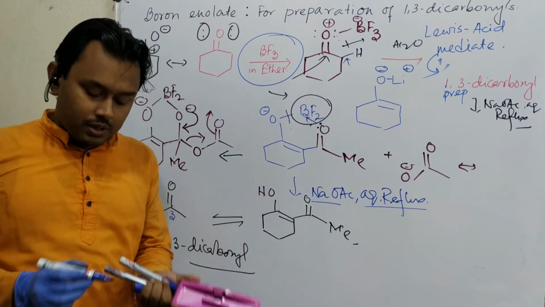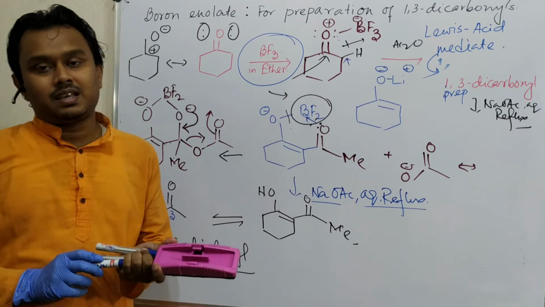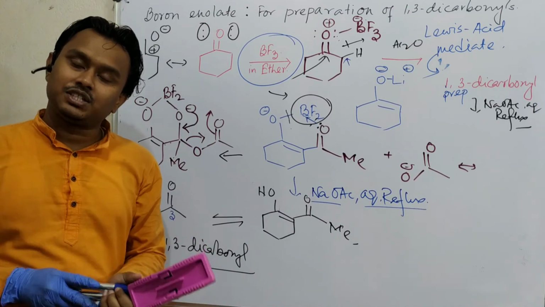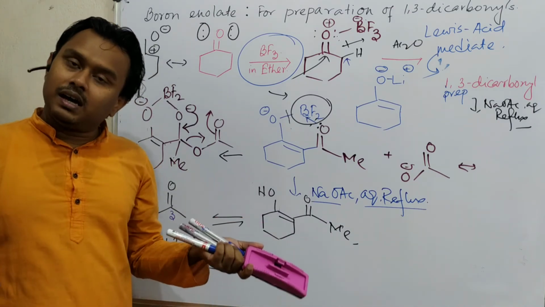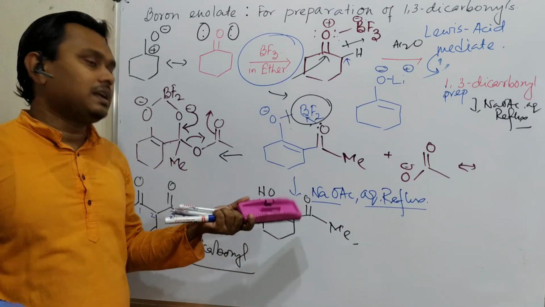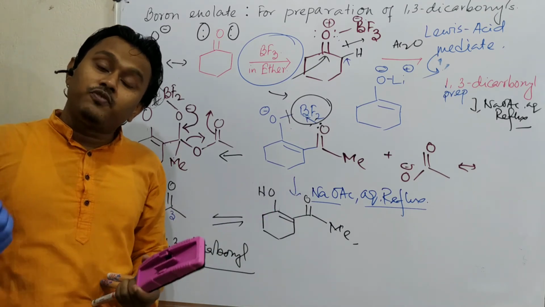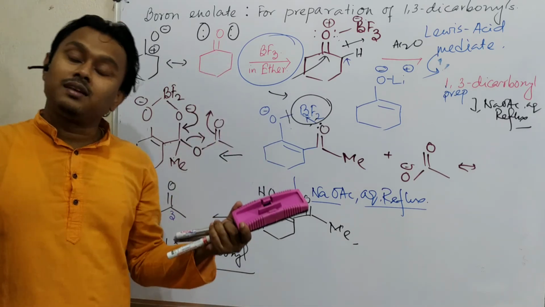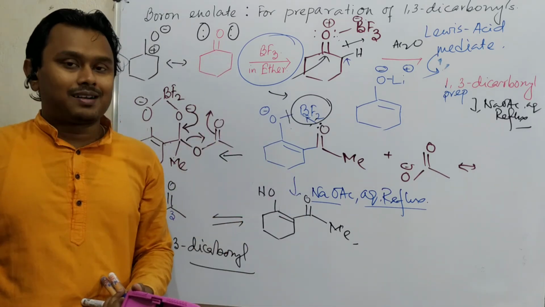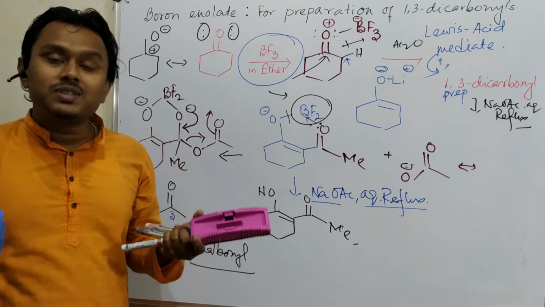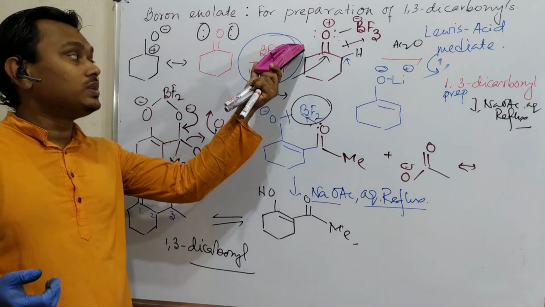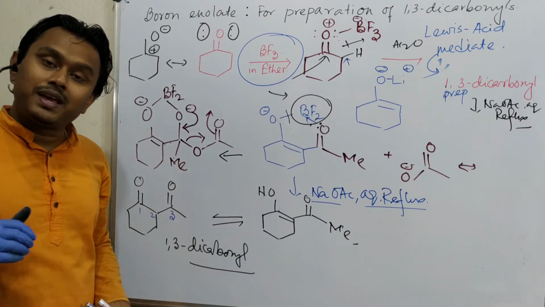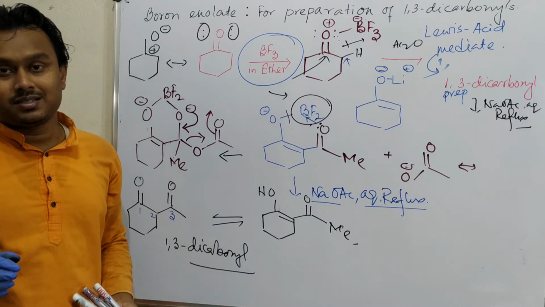This thing could be asked in your exam or in your viva: give an example where a Lewis acid is capable of forming 1,3-dicarbonyl, because in case of Claisen ester condensation, this is an extension of Claisen ester condensation, you may consider like that. We used very strong base to generate the corresponding enolate, which results in reaction. But can we do that using acid? Yes, possible using some Lewis acid like BF3. And this example clearly explains that logic and the process with mechanism.